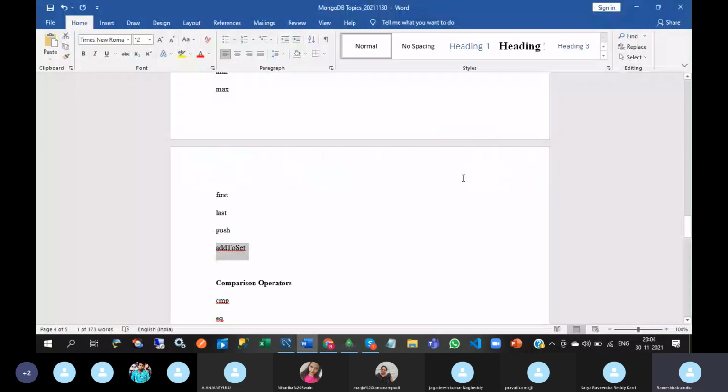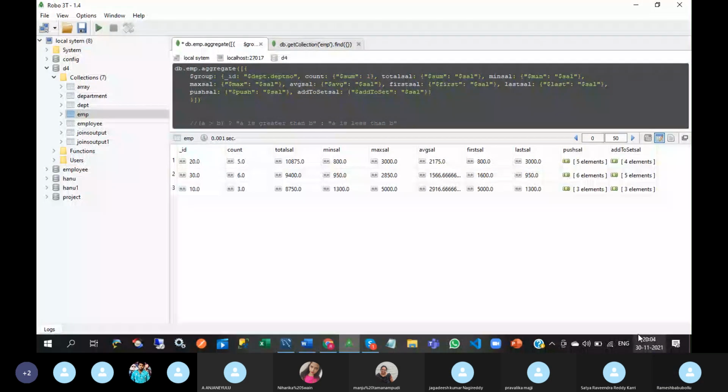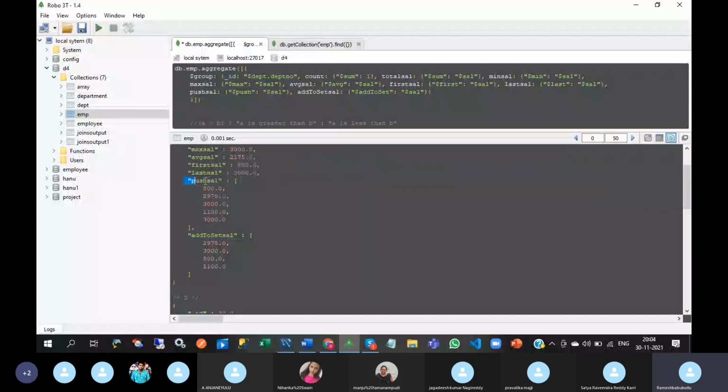Add to set sal. See this here, elements are there. So push salary means here I have used $push colon $sal. That means for each and every department, whatever salaries are there, those salaries are pushed into one array.